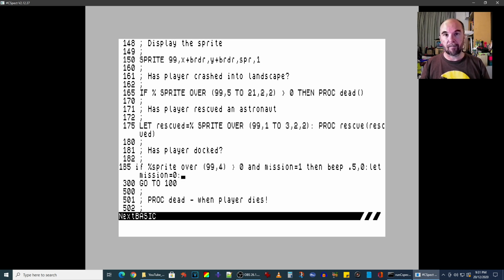Mission is 0, and then we let vert equals 2. So have it just drop down. Maybe it's just kind of released. Maybe I'll make it 1. Okay, let's make 2. We don't want it to fire down. Now, that's what's going to happen when you've docked and dropped off an astronaut. It's going to change the mission back to rescue, and it's going to set the velocity so it starts going down. Now, what happens if